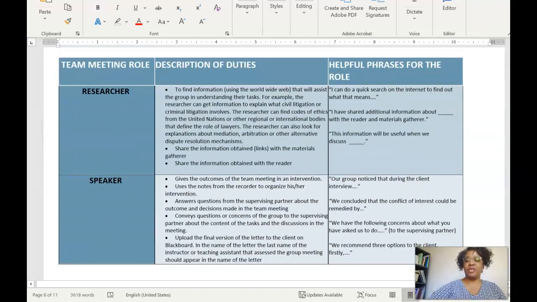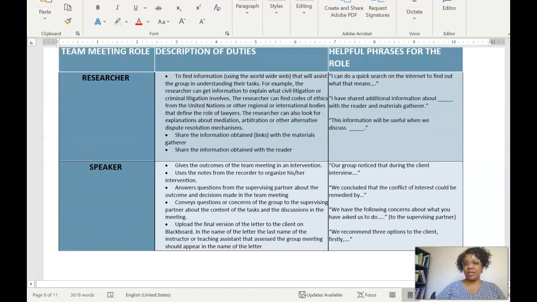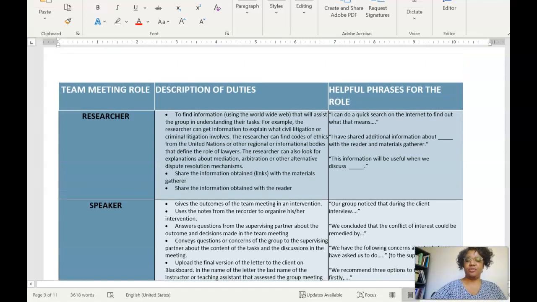On the other hand, we expect the researcher to have brought in materials that were from outside of what we gave in class. For example, definitions of arbitration, mediation, or definitions of litigation. Those are things that the researcher can give, and also information about court costs and fees, or fees for litigation, mediation, and arbitration. That kind of information should be introduced by the researcher.